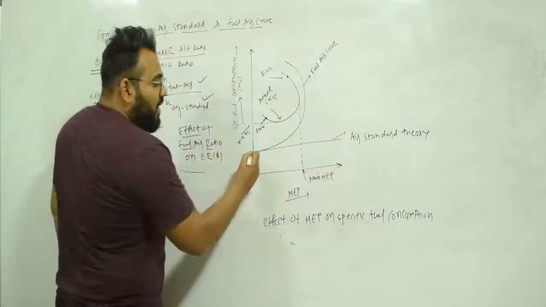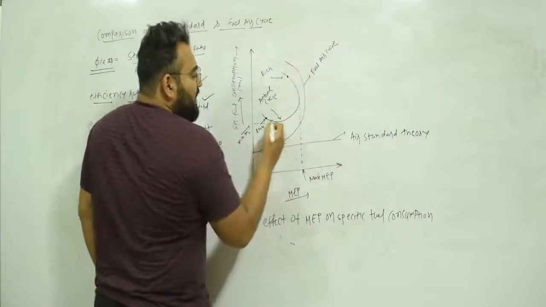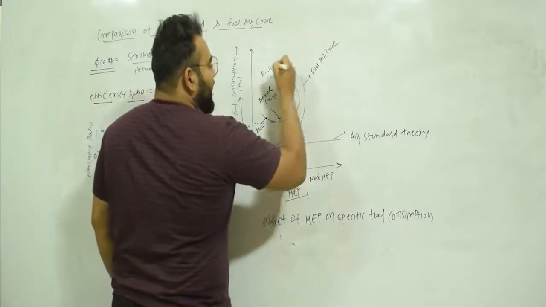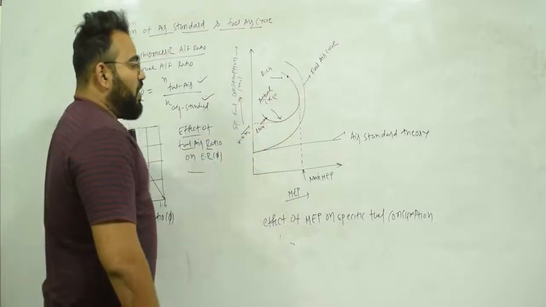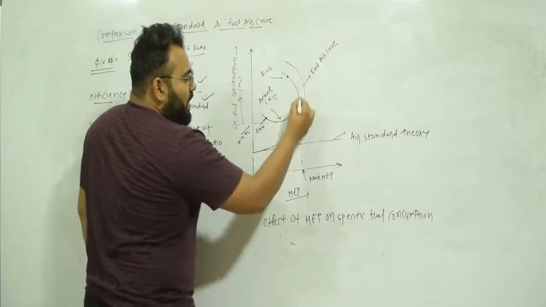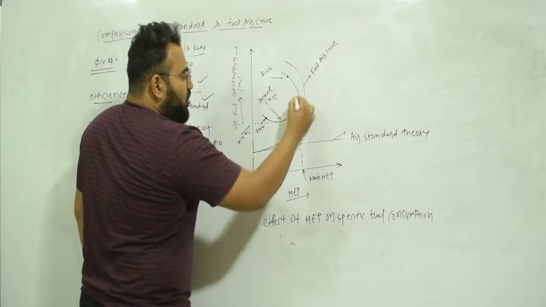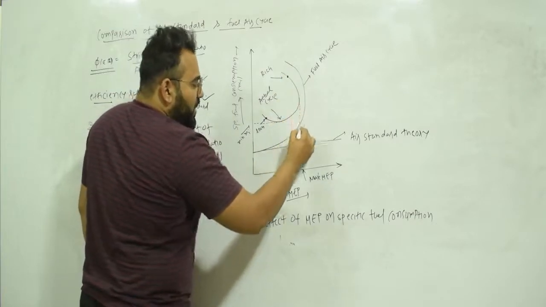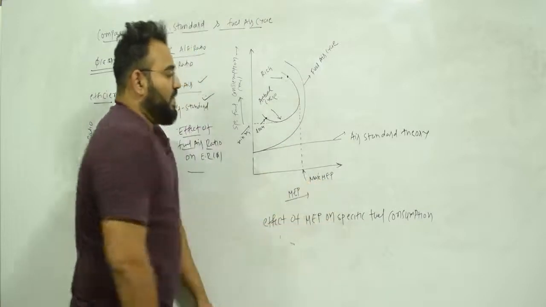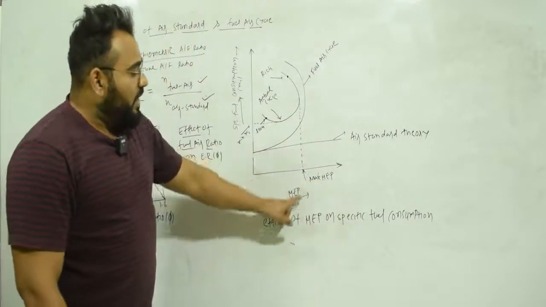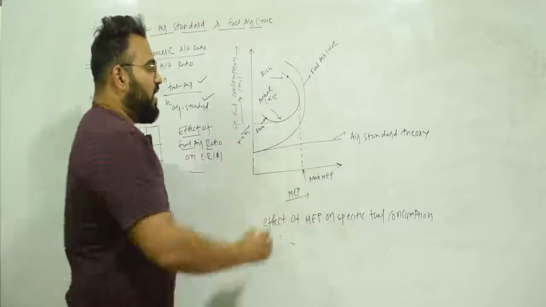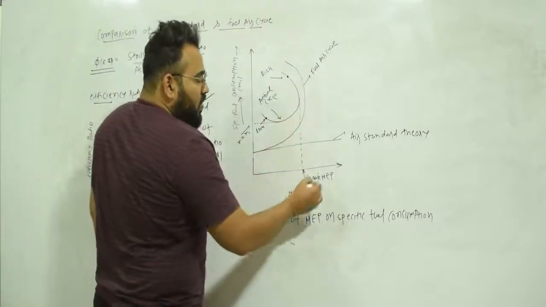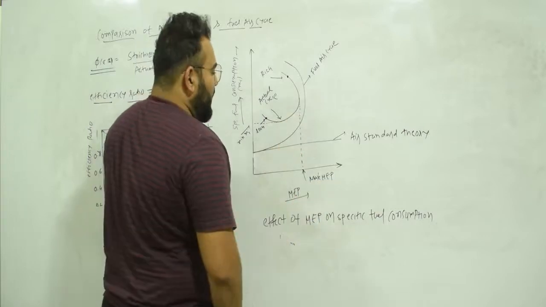Now this is the curve for the fuel air cycle, and this is the curve for the actual cycle. You can see that this is the lean mixture, this is the rich mixture. So what is happening over here? This is the point for the actual cycle. This is the point where you get the maximum mean effective pressure. So it suggests that at the stoichiometric ratio you will get the maximum mean effective pressure, which is over here. So at this point you will get the maximum mean effective pressure.